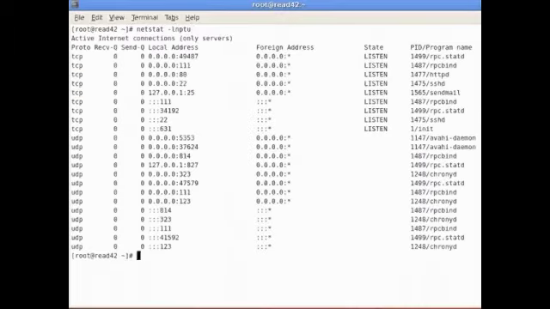It's important that you understand what ports are open on your server to ensure that the proper ones are listening and any extra ports that are open are closed so that you don't leave yourself open to a security risk. To see the ports that are open on your system, you can type netstat -lnptu, and this will list all of the ports that are open on your system,